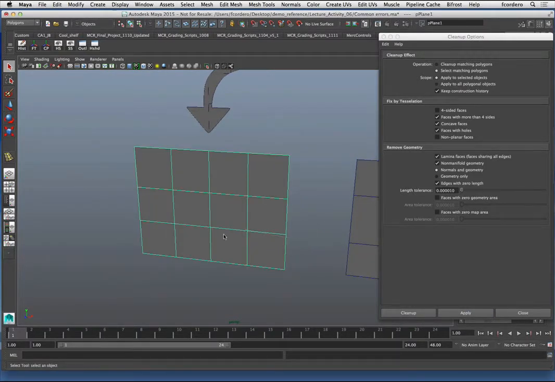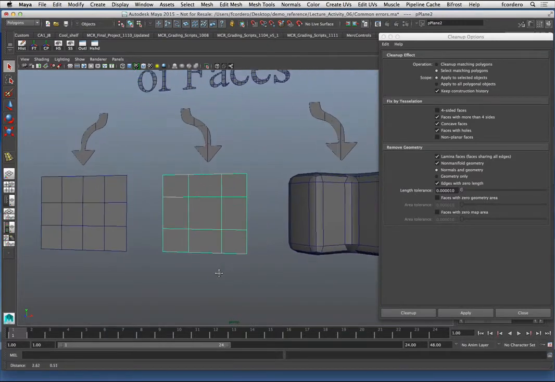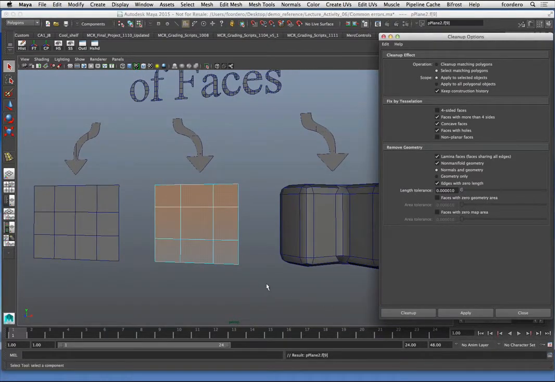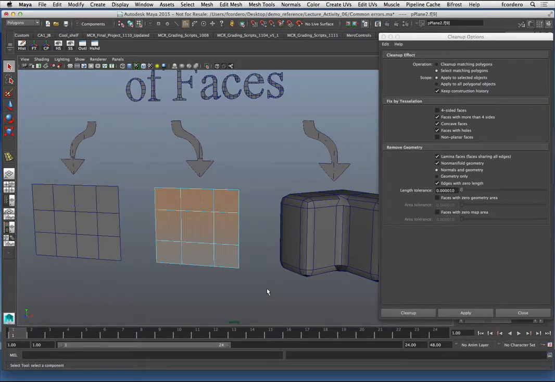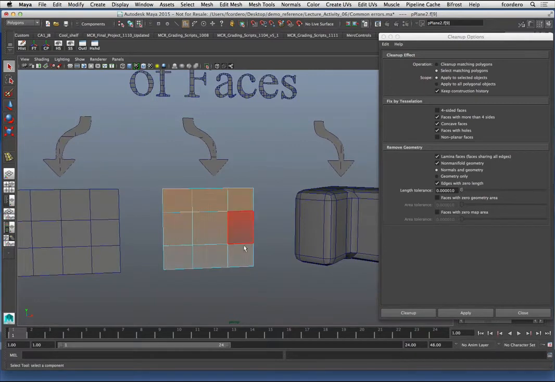Now, we're going to do the same thing here again. With this one, we're going to run the tool, hit apply. Now we get a face highlighting. So we actually have a component that's saying, okay, something's up here. So something pinged this, all right? So we're saying lamina faces, faces on top of faces. Well, something selected that. Well, what is the issue? Now, usually in this case, I'm like, well, I'm not sure exactly what highlighted. Is it all